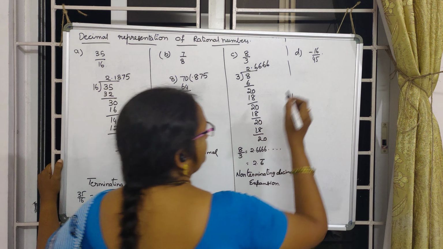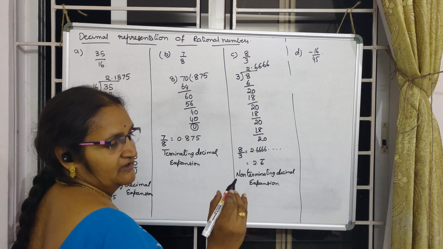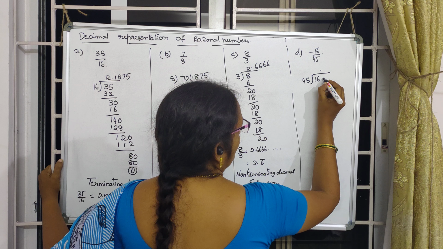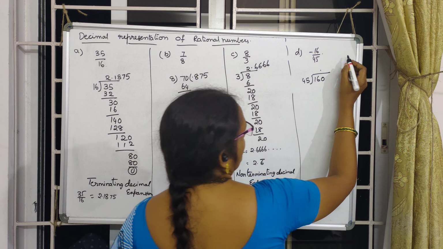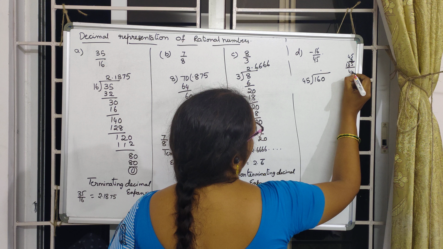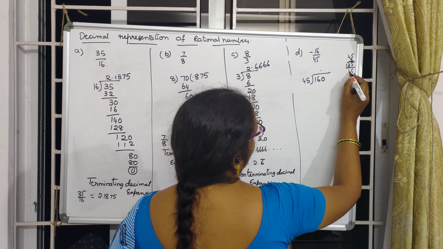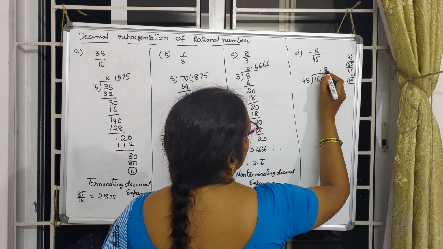In this one, you see, the minus I am keeping aside. Afterwards lastly I will write that one. 45 will be the divisor. 16 will be the dividend. Put the point 0 there. 45 table, how many times will it go? 45 2s are 90. 45 3s are 135. 45 4s are 180, won't go. So 3 5s are 15. 135. 10 minus 5 is 5. 5 minus 3 is 2.